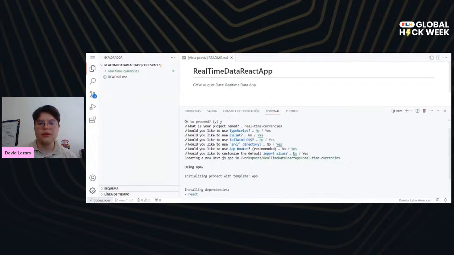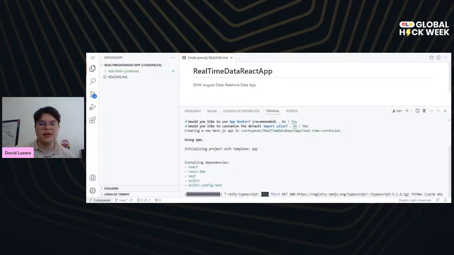So again, we're not going to use TypeScript. We are going to use ESLint. We're not going to use Tailwind. We're going to use the src directory, App Router, yes, and we're not going to customize the default import alias. So everything should be installing right now. So if you have any kind of problems or anything like that,